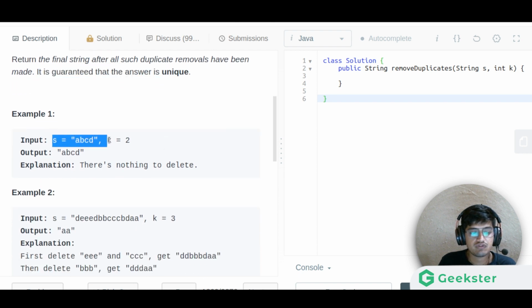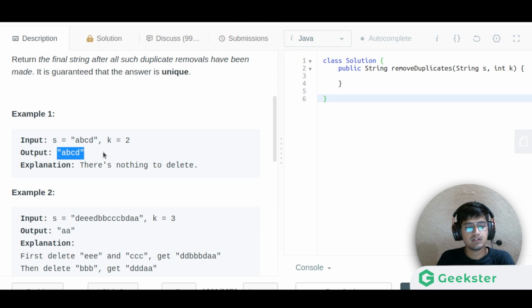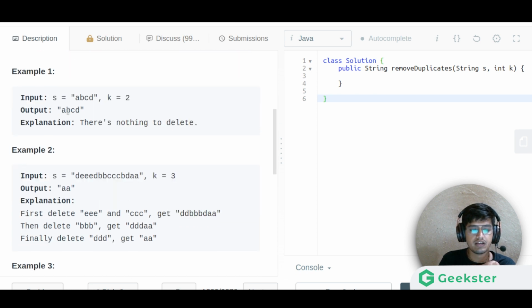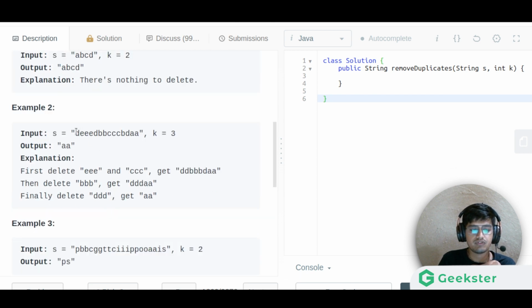In the first example, s equals abcd and k equals 2. We are not able to remove any two adjacent duplicates together, so it is not possible in this case, and we return abcd only, since nothing can be deleted. For the next case, with k equals 3,